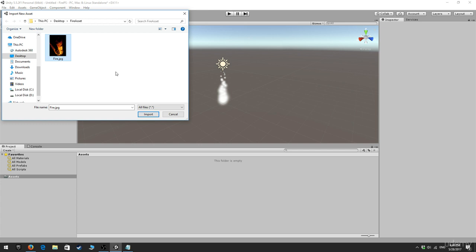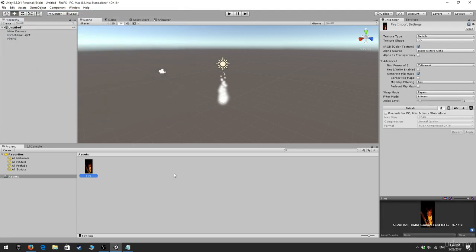So don't be bothered by this black background of it. It's not going to be important at all. You just need to have your fire image, and we're going to implement it into a fire material, and it's going to look awesome. It's going to look really good. So for a start, I'm going to import this one. I'm going to select import, and regarding this fire, we just have an image right now,